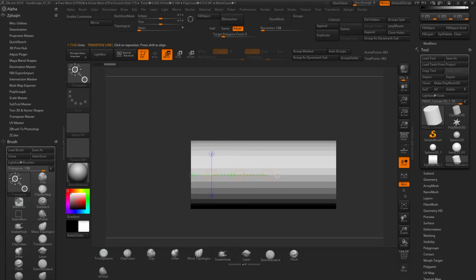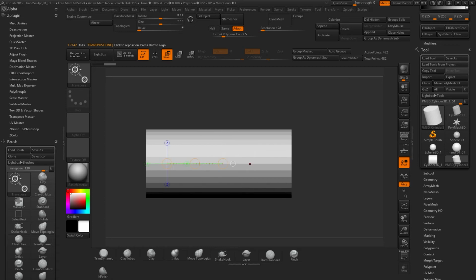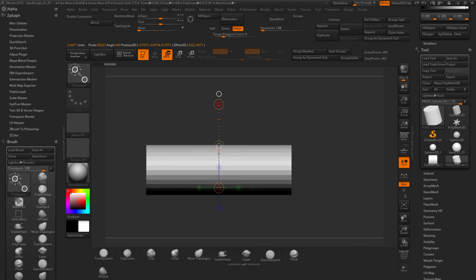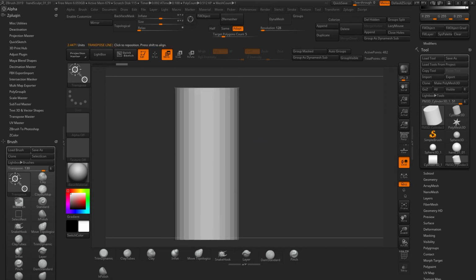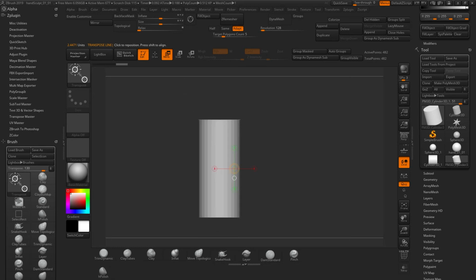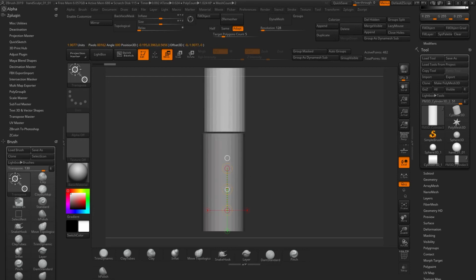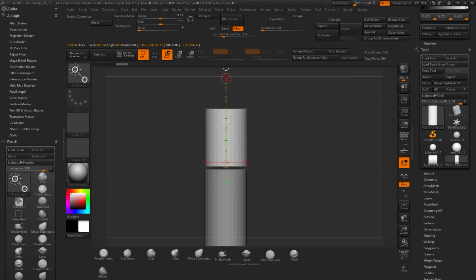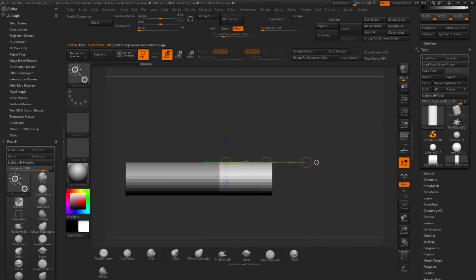So I make it slightly longer, and also I'm not using references, I have to say, and there are two reasons for that. One being that I do know the anatomy of the hand well enough. The second, I'm just duplicating the cylinder and positioning it, because this is the wrist, and the next one will be the palm of the hand. And the second reason is that I have, or